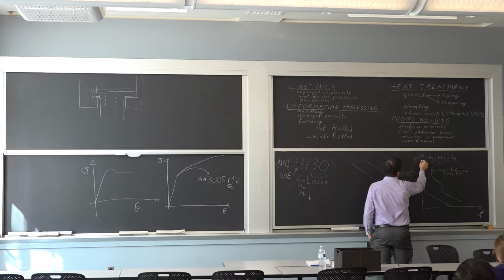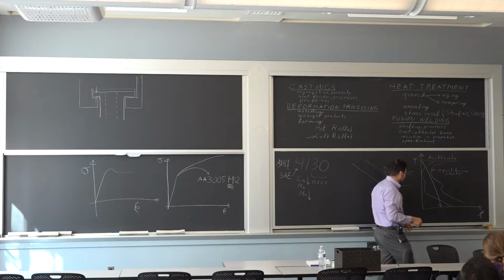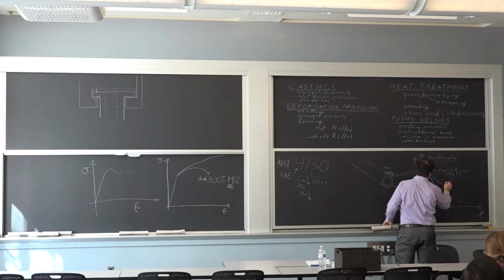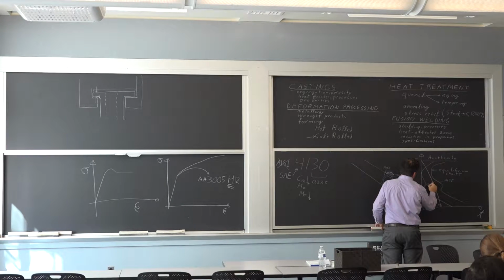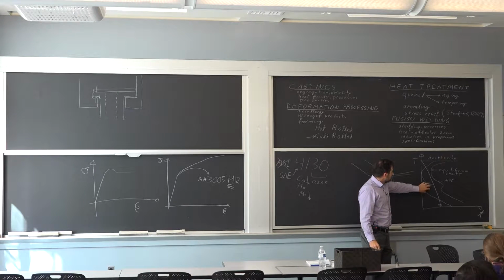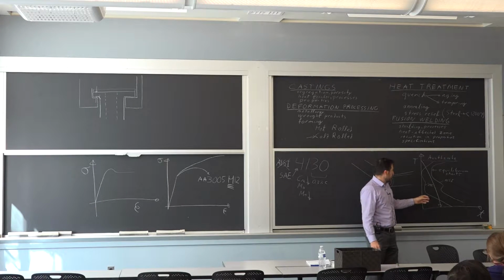So if I'm cooling a regular 4130 steel, I'm going to start transforming into my equilibrium. No, it's the opposite. I'm sorry. So that would be our AISI designation, and that becomes the SAE. The SAE has less of these alloying element that delays the transformation. So if normally,